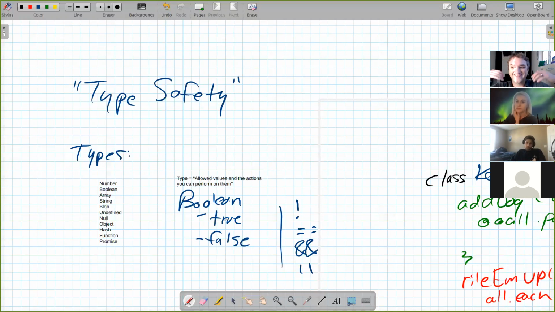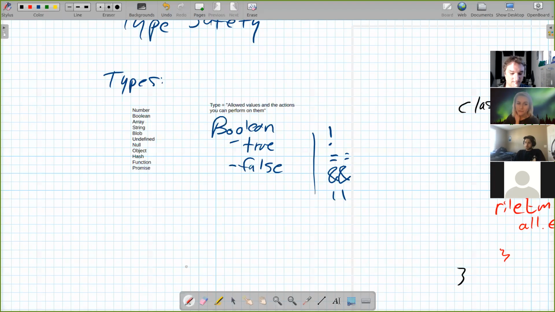So keep going. What do we know about classes then? Classes all have methods. So for example, you can't do a dot split on an array, but you can do it on a string. Yep. So classes must be a lot like types. Classes are a kind of type. Not the exact same thing, but